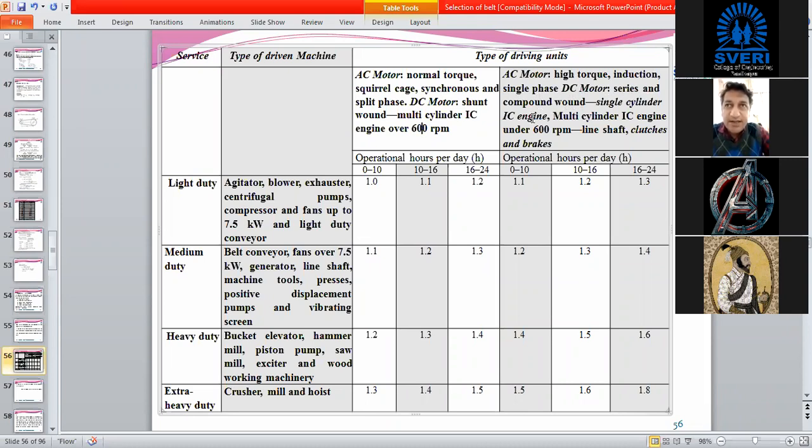Then single cylinder IC engines or multi-cylinder IC engines which are rotating below 600 rpm. See, when engine rpm is increased, its power rating normally decreases. But if the engine speed is decreased, then the power rating of that engine is increased.